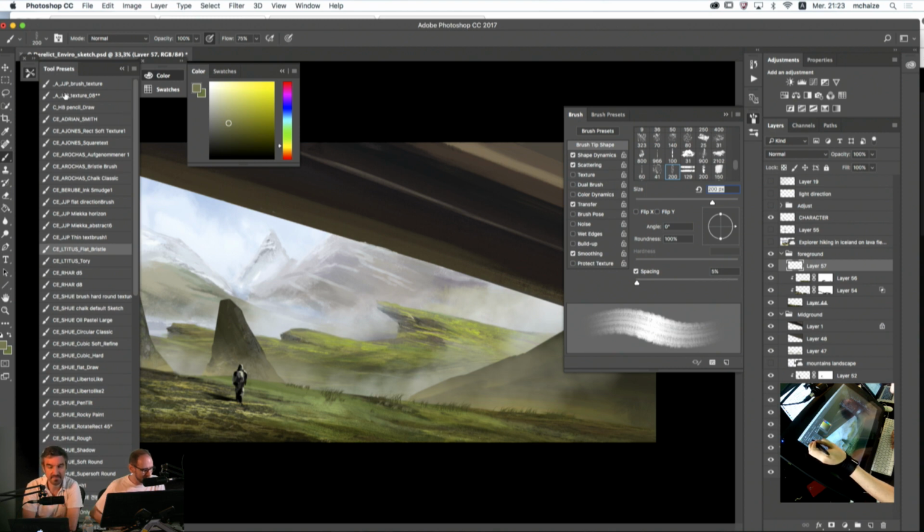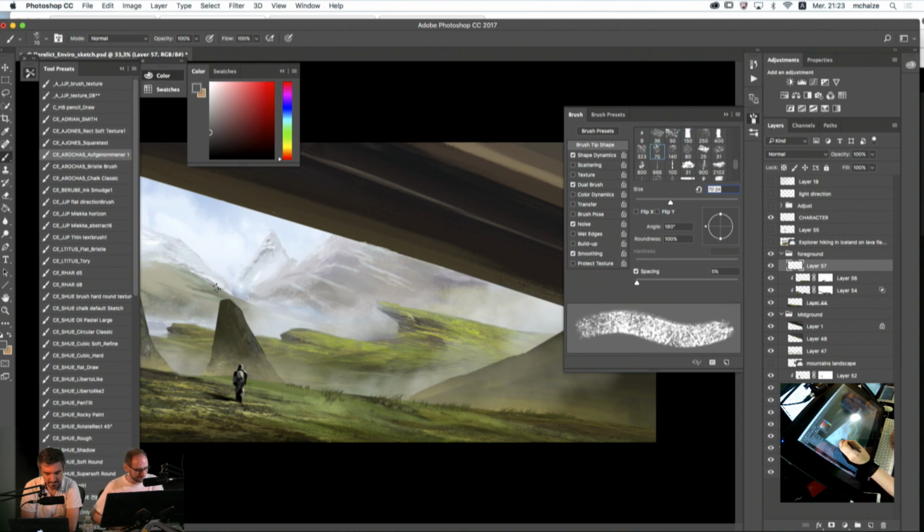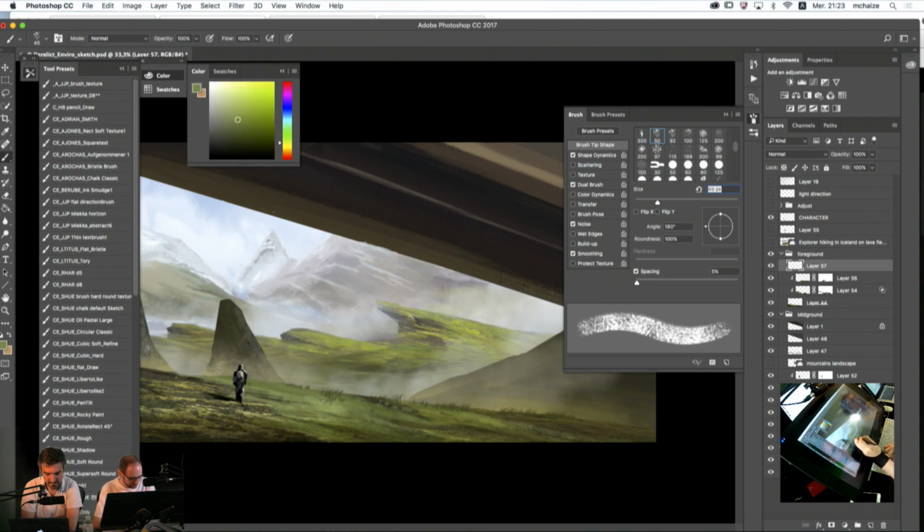Or you can use textured brush. Opacity, then